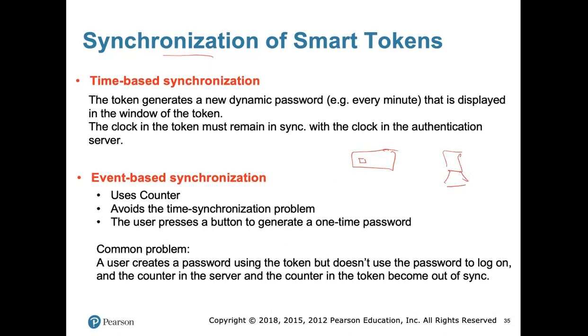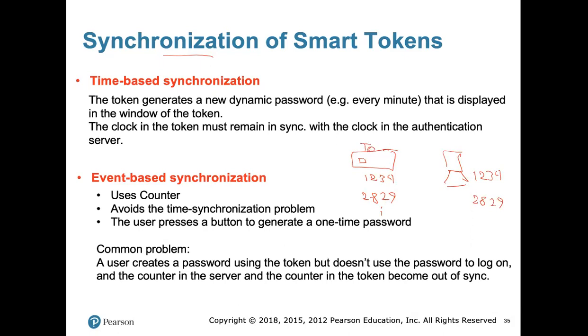There is a sequence of passwords, for example, 1234, 2829, and so on, which are known at both sides. And it's not like we have generated these passwords before. No,